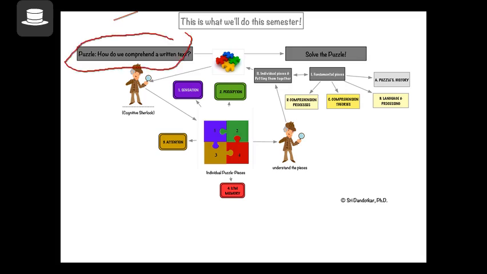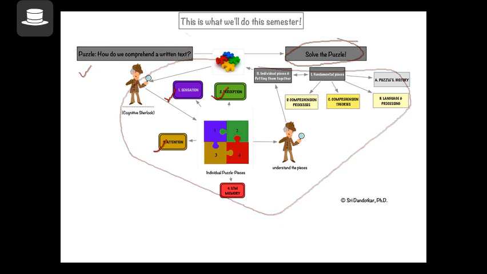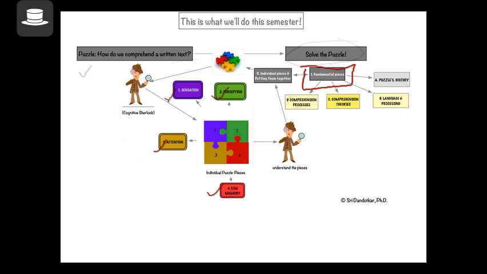trying to solve is how we comprehend the text, and then you have individual pieces. Then you put together these pieces to solve the puzzle. The puzzle itself is how we comprehend written text. And we said that the important pieces are sensation, perception, attention, memory. But there are some fundamental pieces that we said are really very important to understand before we begin to talk about these things. And we said of those, the most important ones are the language and the processing of language,